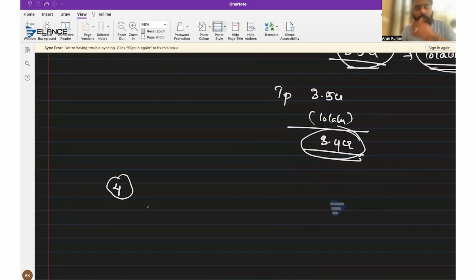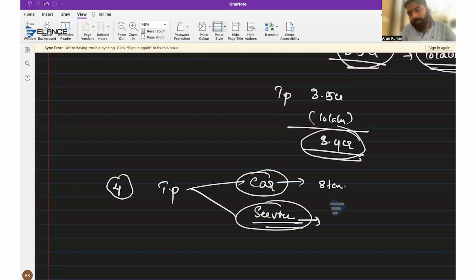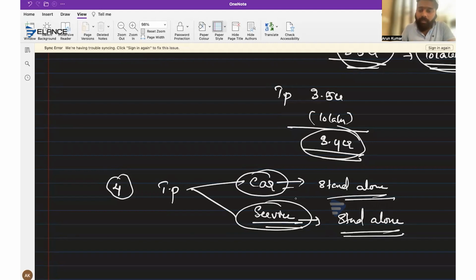So finally, step number 4. What is step number 4? Once you determine the transaction price, this transaction price will be allocated to the separate performance obligations. So like we have discussed earlier, the total transaction price should be allocated to the car and service separately. Even if that service is given for free, we have to recognize the revenue for the service. So on what basis will we recognize the revenue? On the basis of the standalone price of that car as well as service in the market.